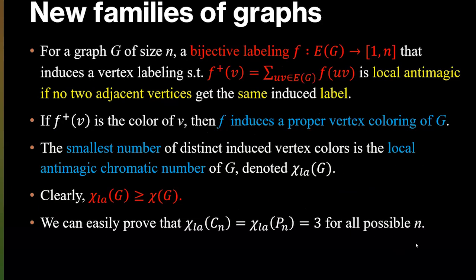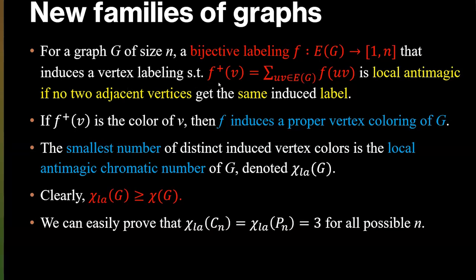Now, I would like to take this opportunity to introduce to everyone here new families of graphs. As I mentioned earlier, I spent so many years on graph labeling, especially for the last 5 years, in which I spent almost all my time working on local antimagic chromatic number. And I have come across so many types of graphs, but none of them is what I'm going to introduce now. So for a graph G of size n, the bijective labeling f that labels the edges from 1 to n